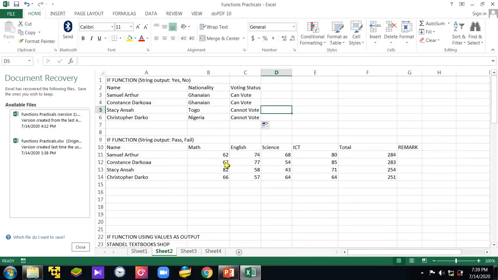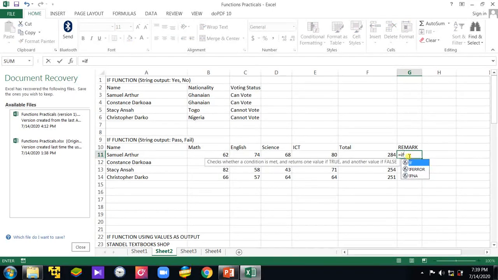Okay, so let's say these are our student scores and these are their summations. So again, how do we state it? We bring our equal sign, okay, and then we type if, then we bring our brackets open. So what is the condition? The value in here, if the value in here is greater than, you type the greater than symbol, or equal to